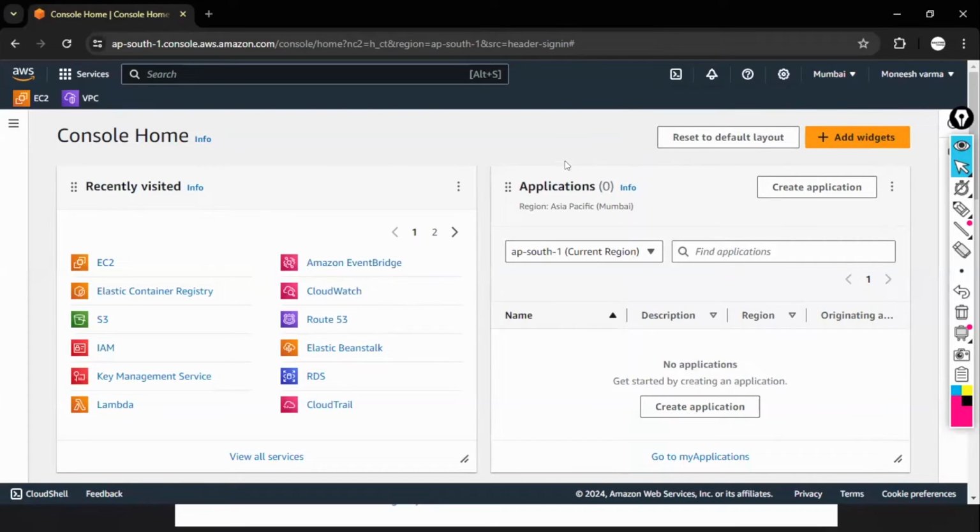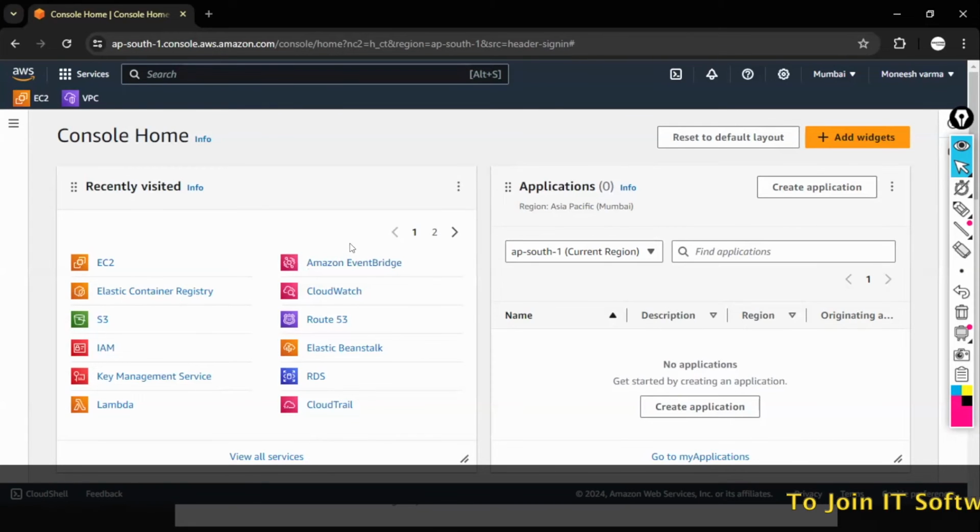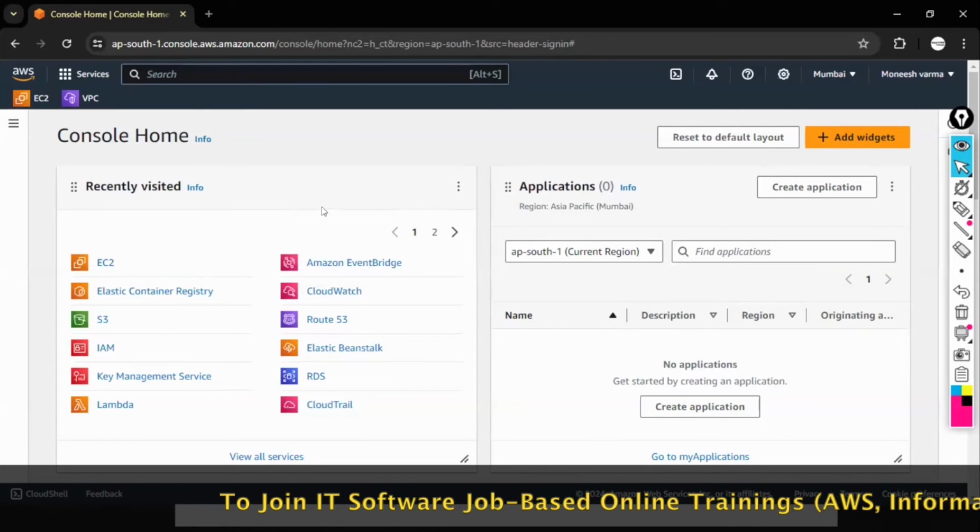What happens? This leads to more bills being generated. You forgot to stop the instances. Servers will be in running state, and bills will be generated more. So that's why it is better to stick to one region, so that you will get to know what is created and what is not created.